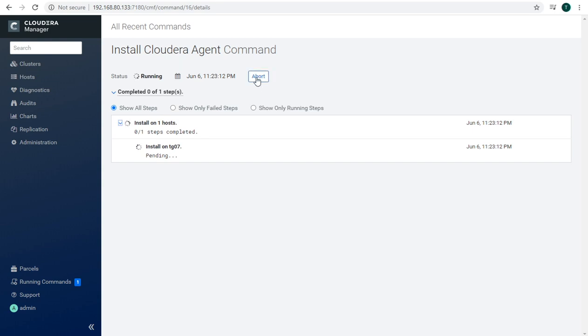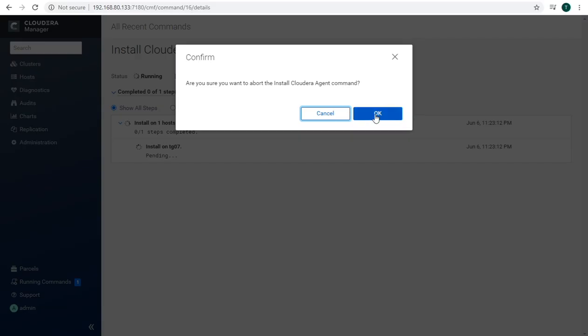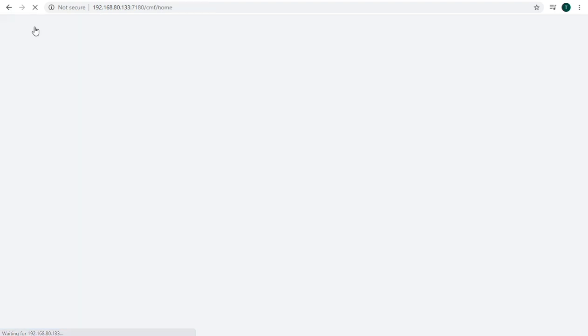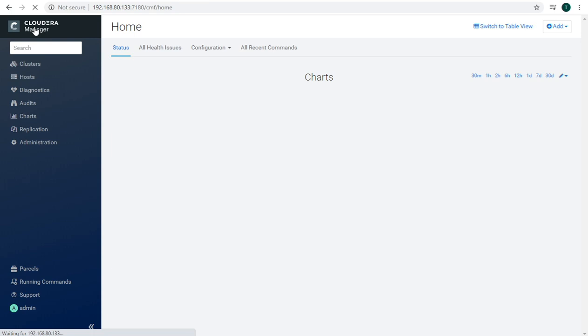Okay, I think this is the old one. We had some issue. Let's just abort it. Okay, now let's move to the home page for Cloudera Manager.